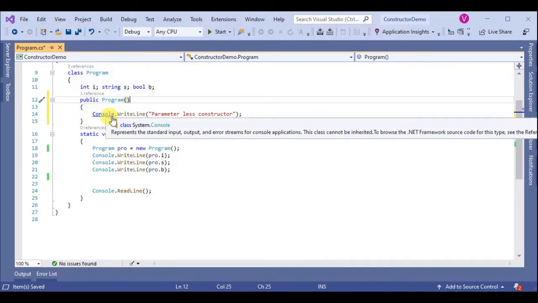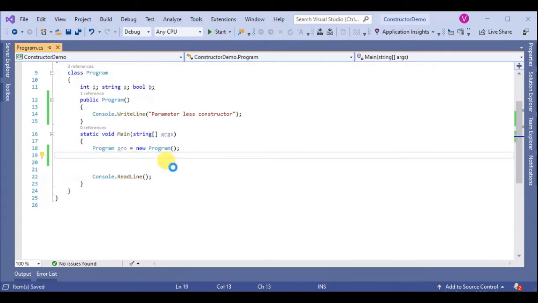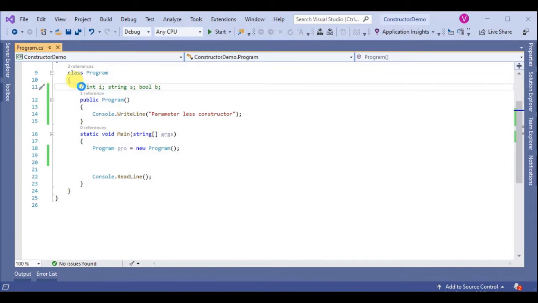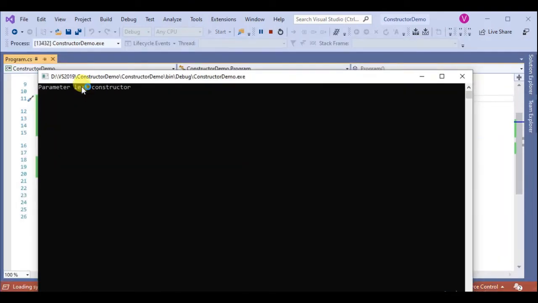So save, delete this code, save, run. So the output is parameterless constructor. So this is the default or parameterless constructor.